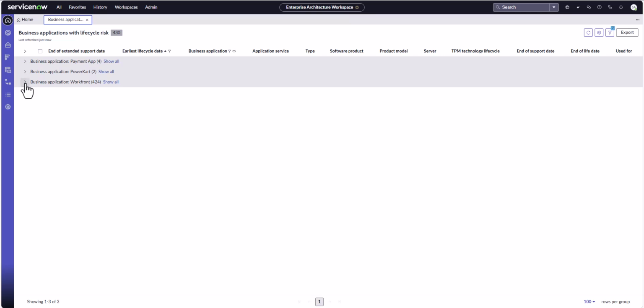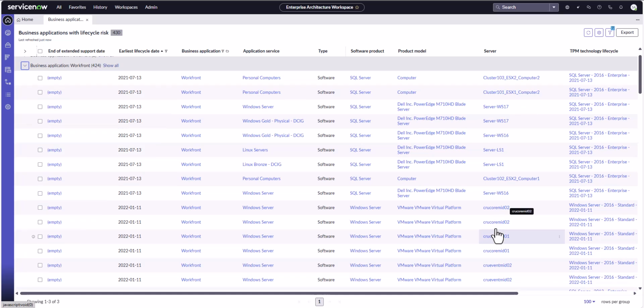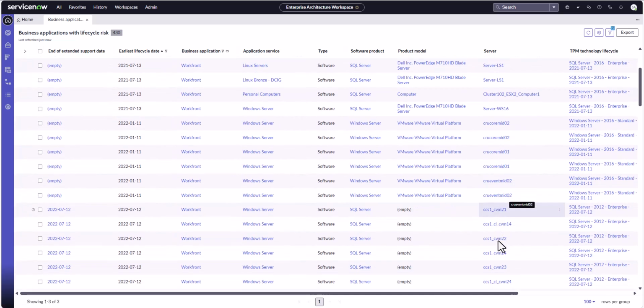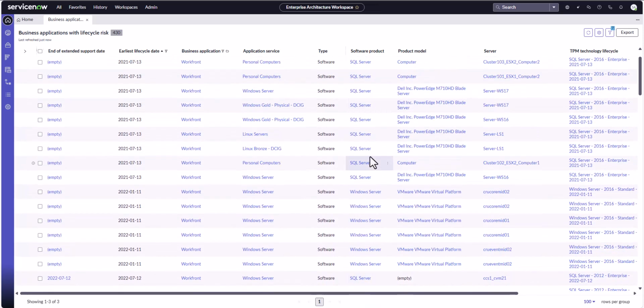So if I expand that business application out, I see that there's 424 infrastructure components that support that application. So there's a series of computers, a series of servers. A lot of these infrastructure assets are hosted on virtual machines like VMware, so we can integrate with vSphere to pull down your clusters, your hosts, your ESXis as well. A lot of this is also deployed on physical servers, so Dell PowerEdge servers. These are all the server names associated to each of the pieces of software that are running on these servers. So SQL Server, Windows Server, these are all products that are running on these servers that are supporting the Workfront